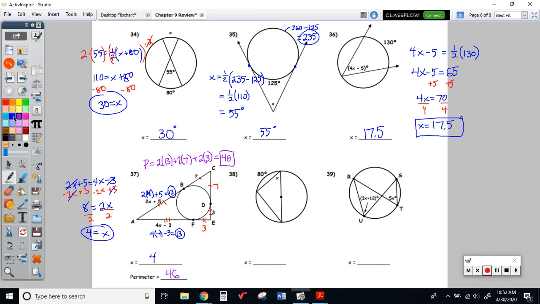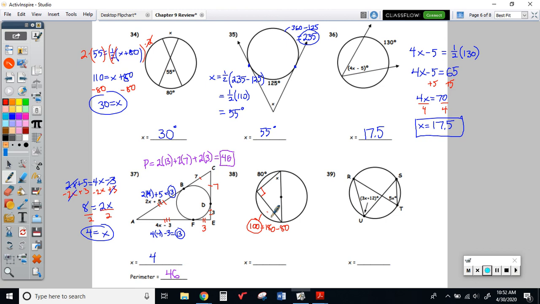On this one, it looks like we have a diameter here. Anytime we have a diameter and an inscribed angle that's intercepting that diameter, we know that this is a 90-degree angle right here. And if we know that's 90, that could help us figure out this problem. We've got 180 from there to there, so this arc would be 100, which is just 180 minus 80. And if that's the case,